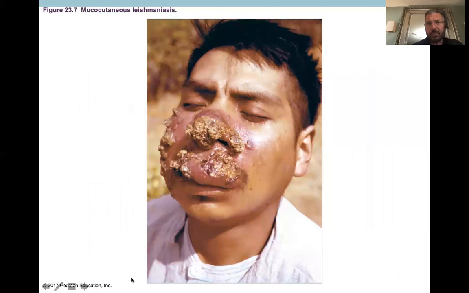This poor guy put this in. It was like the worst picture I could find. So this obviously was bitten and untreated, and just look at how much that thing has spread.